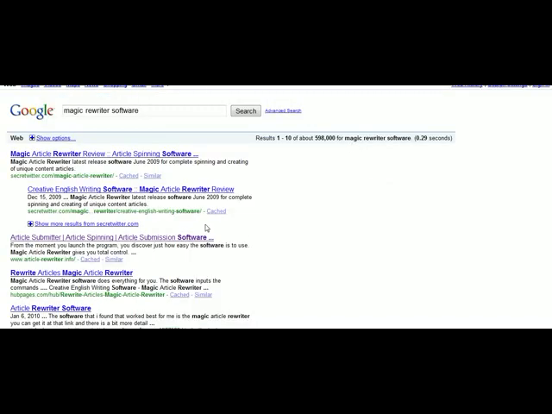Okay, so here is the software that can help you do this process a little easier, and at the end of it, it will actually take the content you've created that's human created and turn it into multiple articles. So not just one additional one or three additional ones. It can end up turning it into 10 to 100 additional articles. So it's a pretty powerful tool, and that is called Magic Rewriter